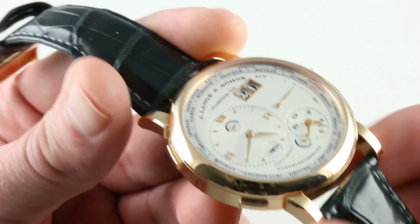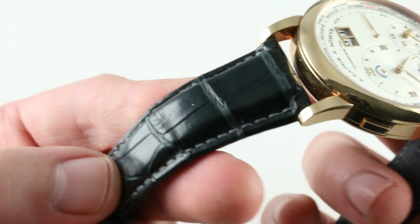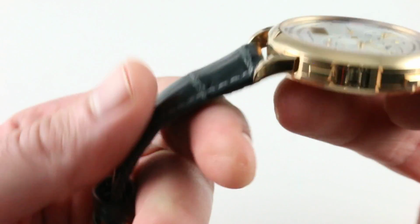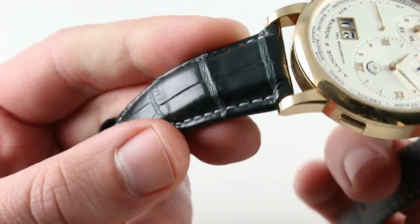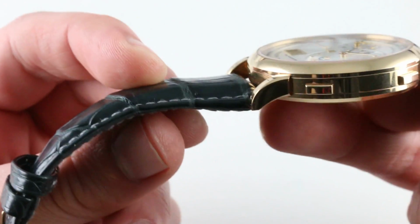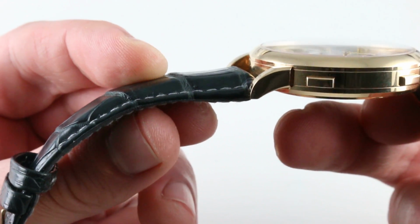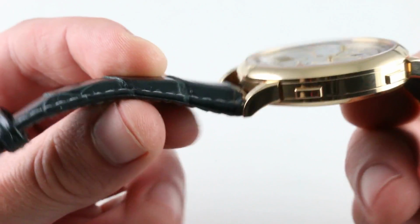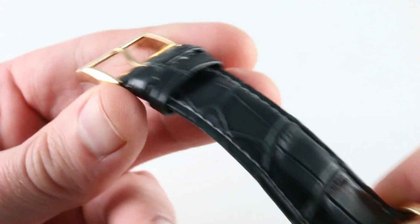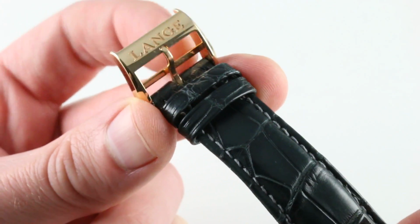standard 22 millimeters. The strap you see here is an anthracite semi-gloss, large rectangular scale, bolstered nicely down the center with a light contrasting gray stitch. It has folded edges. It's very substantial, as you'll note just how thick it is in cross-section, but still very supple and flexible. The underside, supple calfskin, and Lange's signature pin buckle with the retaining bar, so if you are